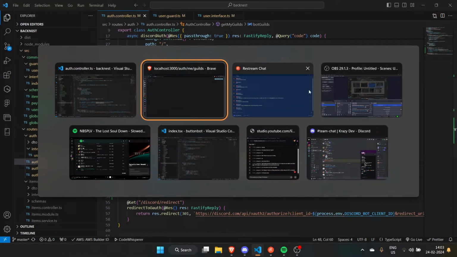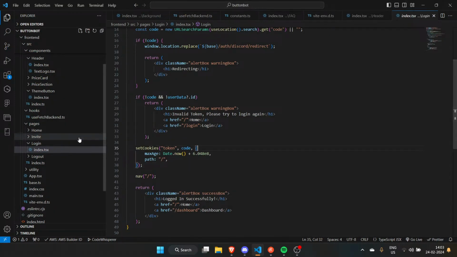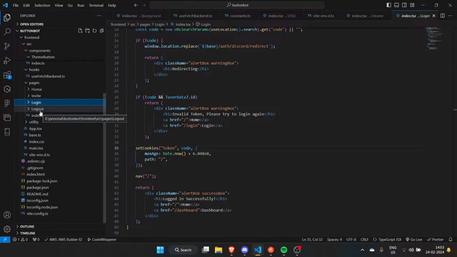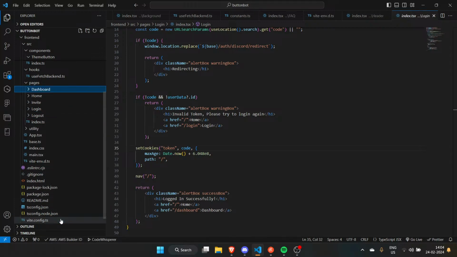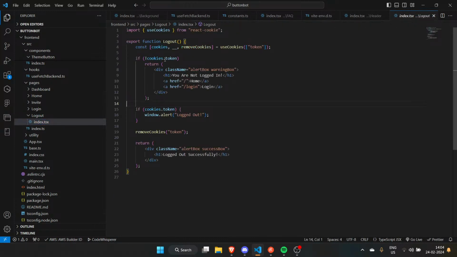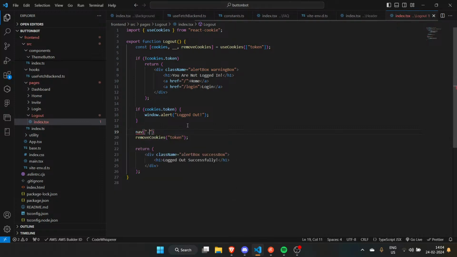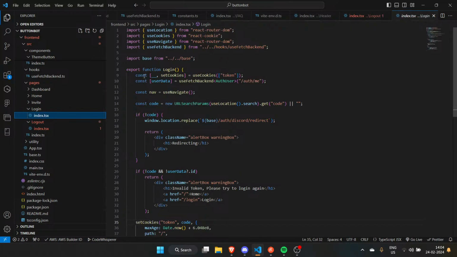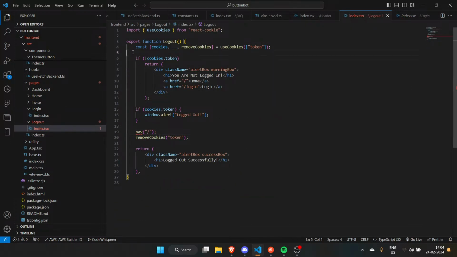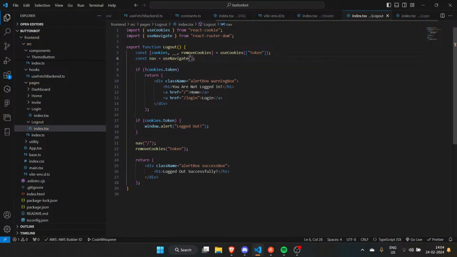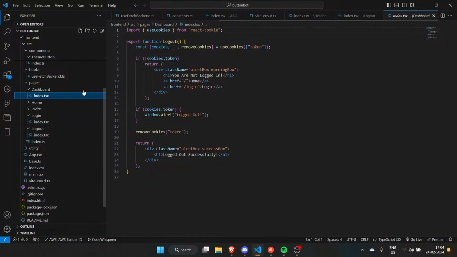After that, go to button bot. So we need to make the page called dashboard. And I wonder how do we make that? Let's copy paste that, go here, let's rename that to dashboard. Before that, I like to go in the logout page. When somebody tries to log in, why don't I navigate them to the home page? Dumb as me. I like to go to the login. I like to copy how the nav works, and I'll just put that there. I need to import that. Awesome. So then we go to dashboard page.